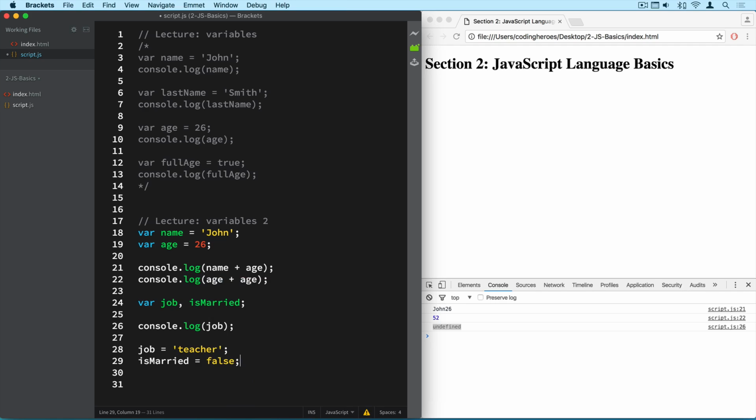So let's log all of this to the console like we did before. So console.log. We want the name. Now we want to form a sentence, so we need an empty space. In order to do that, we just write an empty string, of course, with a space. And now plus